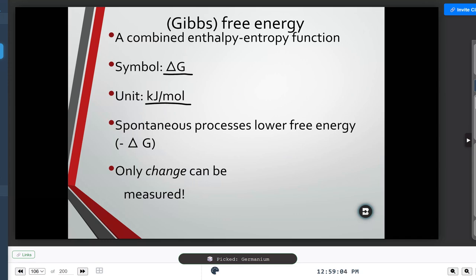Our processes that are going to be spontaneous, the ones that are going to be the downhill skier going down the mountain, those are going to be negative delta G. So if you can get to a negative delta G, if you have Gibbs free energy that's negative, that means that this is a spontaneous reaction. Remember that just like enthalpy, we do this with experiments, and so we're measuring the changes that occur as you go from one thing to the next. Okay, so you've got enthalpic changes and you have Gibbs free energy changes that you're measuring.